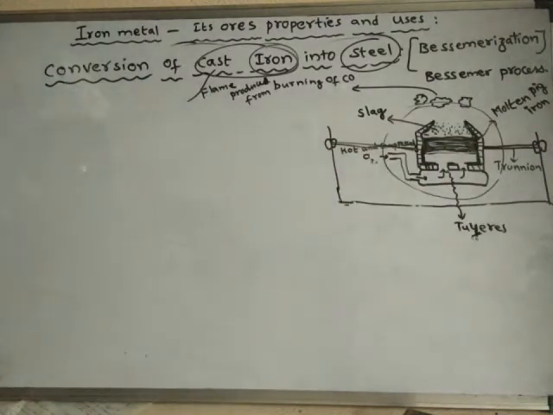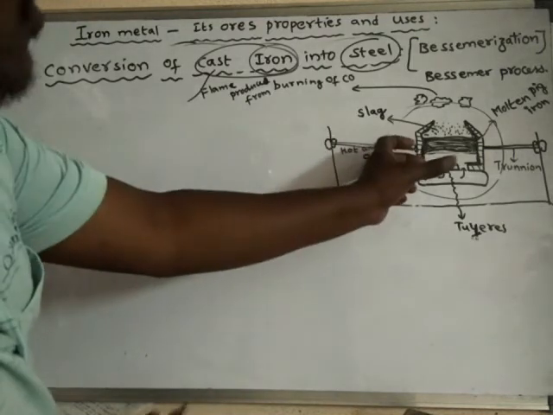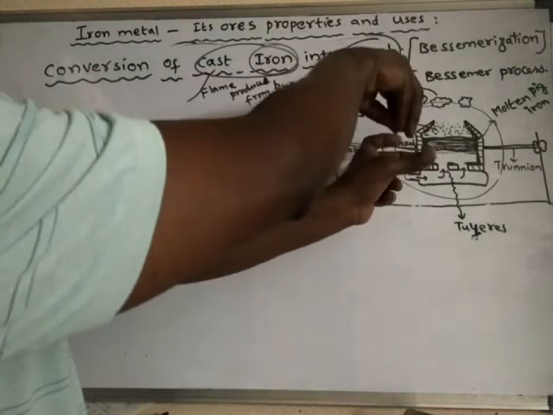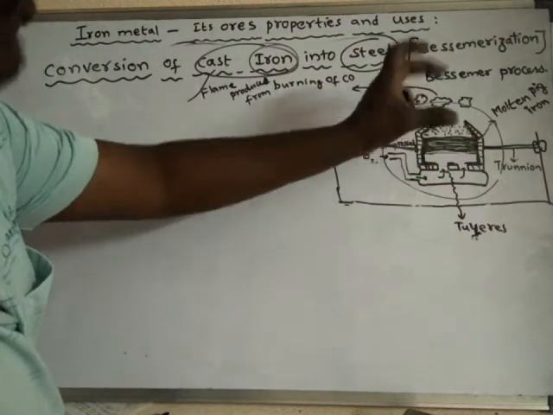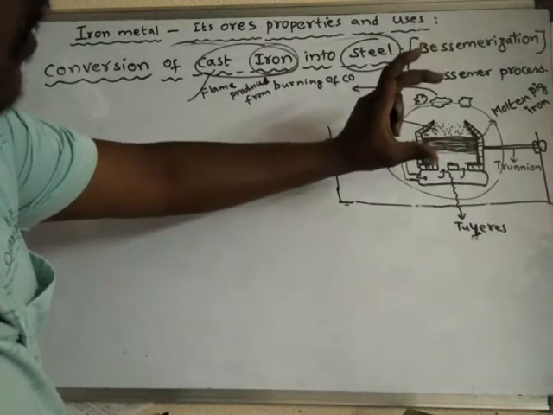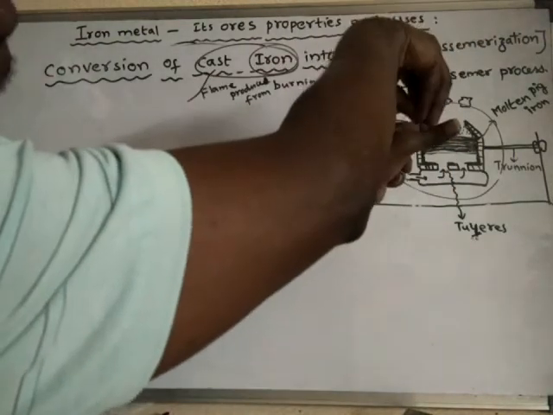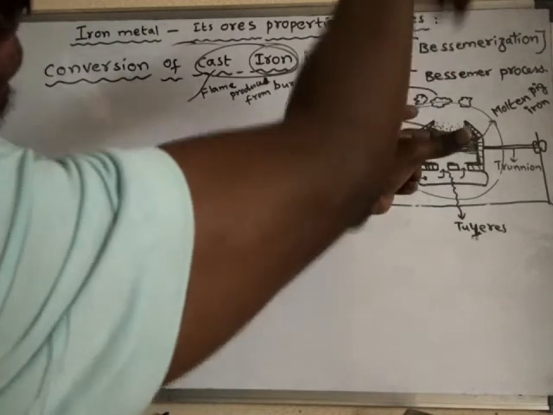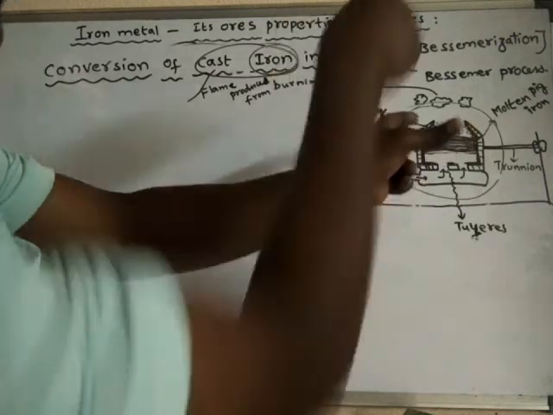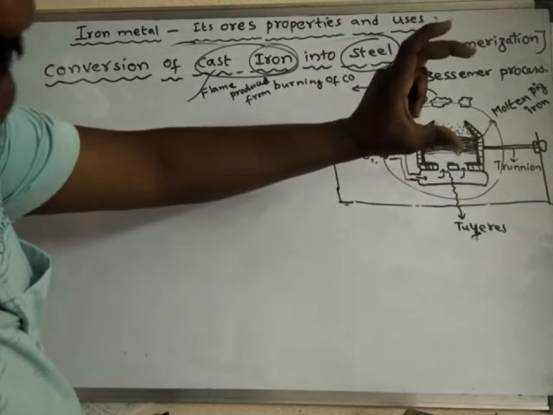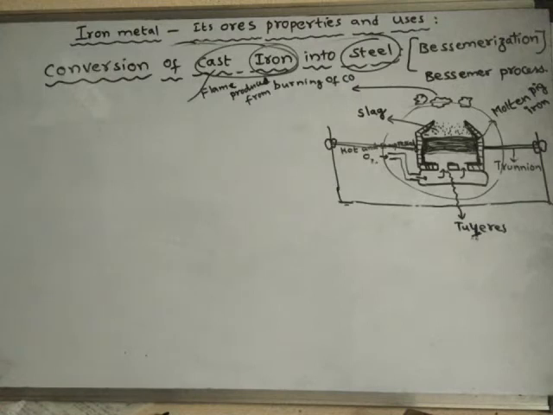Okay, next, the temperature of this molten cast iron is around 1200 degrees centigrade. Now after pouring the molten pig iron, it is brought back to its vertical position. So only while pouring molten pig iron do we tilt it into horizontal, and after pouring we tilt it back to its vertical position.